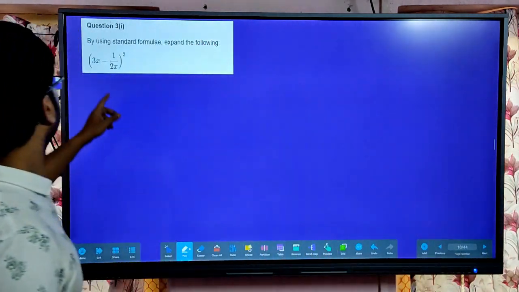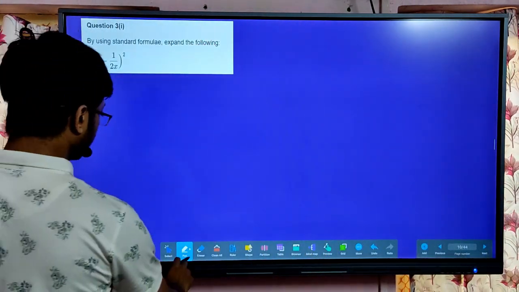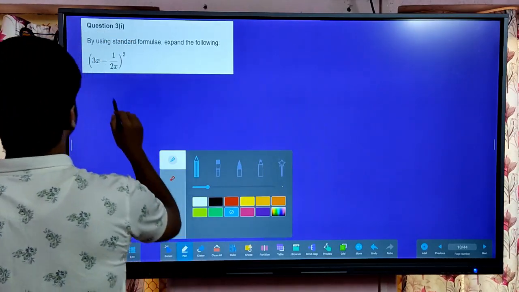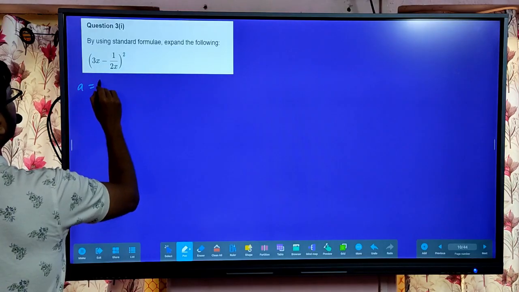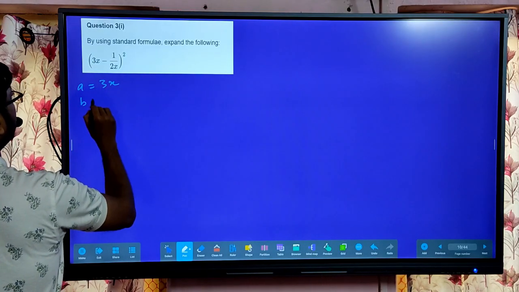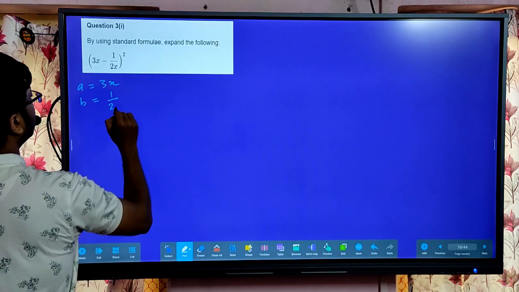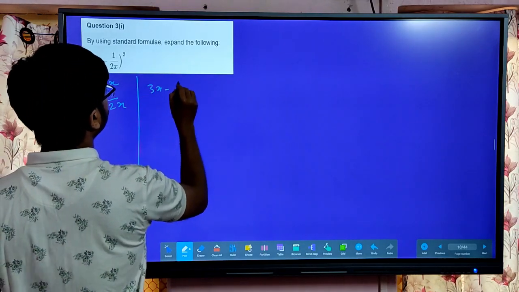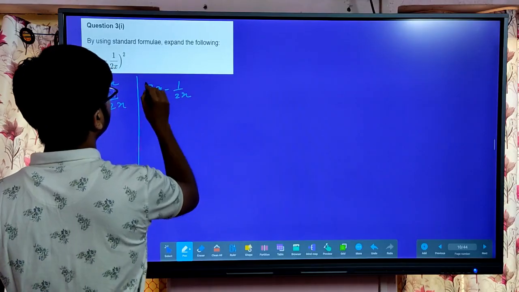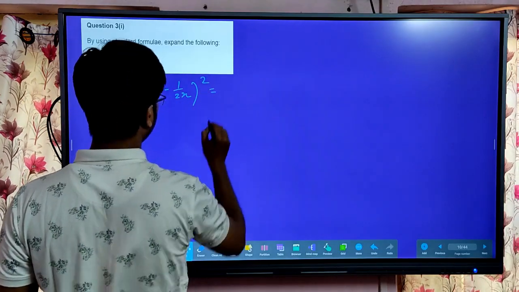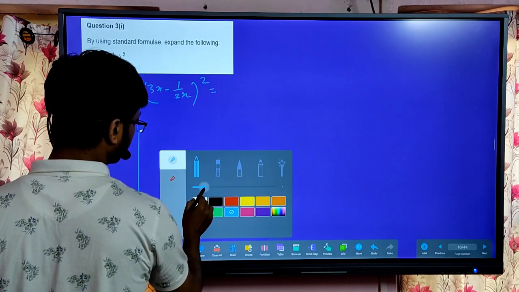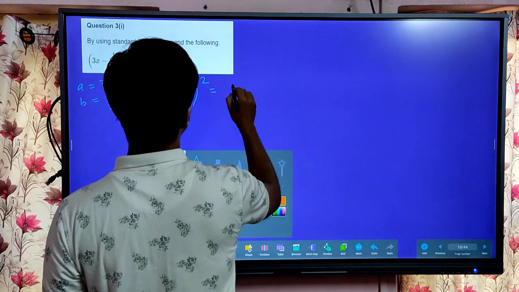So this is a minus b whole square. So how will we write a minus b whole square? Your a will be equal to 3x and your b will be equal to 1 by 2x. So let us see, 3x minus 1 by 2x whole square will be equal to